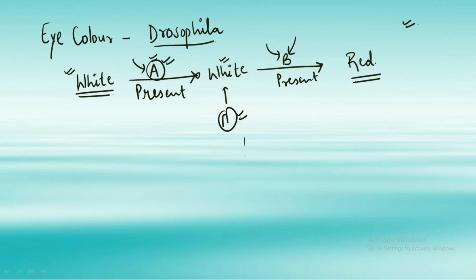So in the first case, let's consider we have a homozygous recessive mutation in gene A. As a result, we have small a and capital B present. That is, this gene got a homozygous recessive mutation, so we have small a present, but the other gene is present in the normal form, so we have the homozygous dominant form.